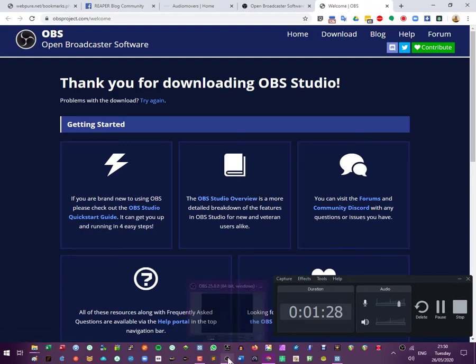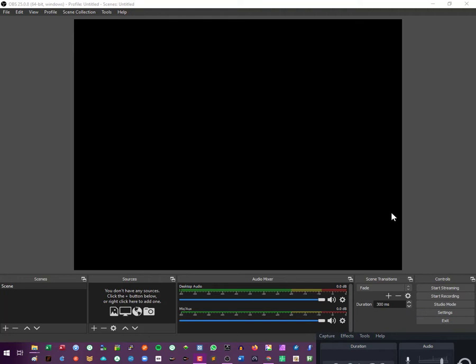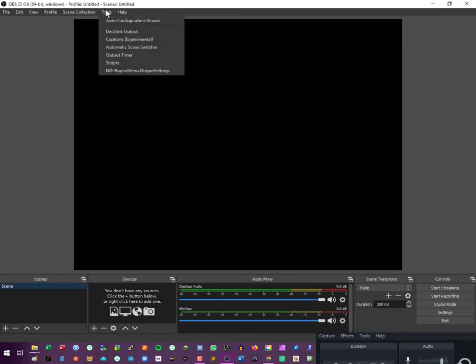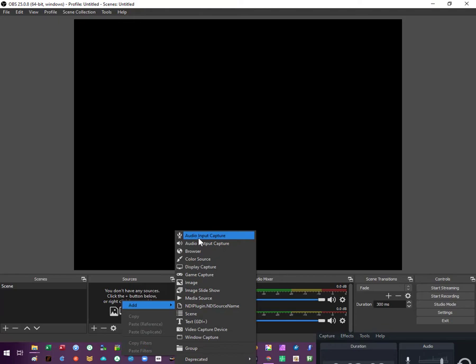So when OBS is loaded, oh, it's there. Okay, so this is the screen in OBS, and essentially scenes are for when you've got multiple cameras. We don't need that. Sources is where we're going to put our microphone and our camera. Our audio mixer here. We've got some settings down here, and we'll have some settings on our sources as well. And I believe we've got some settings up here as well. Maybe we don't. Okay, so add a source, add our input capture, which will be our microphone,